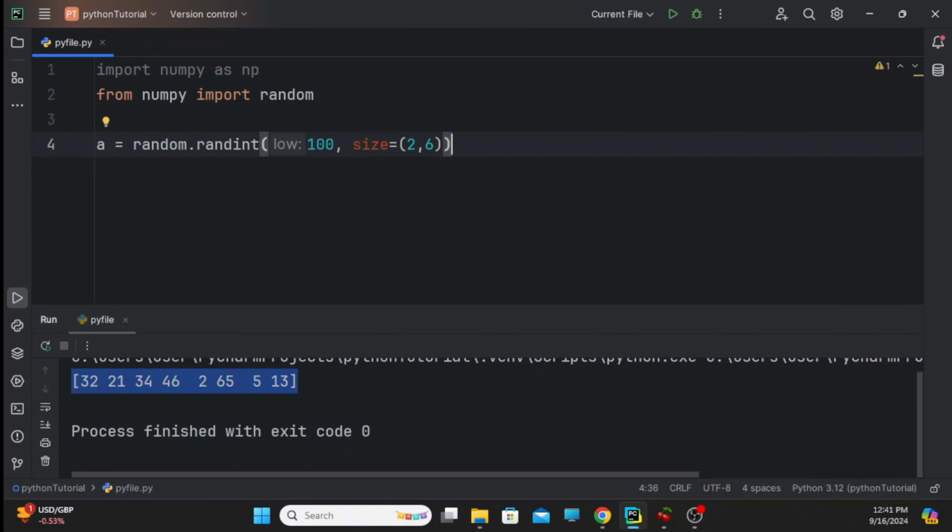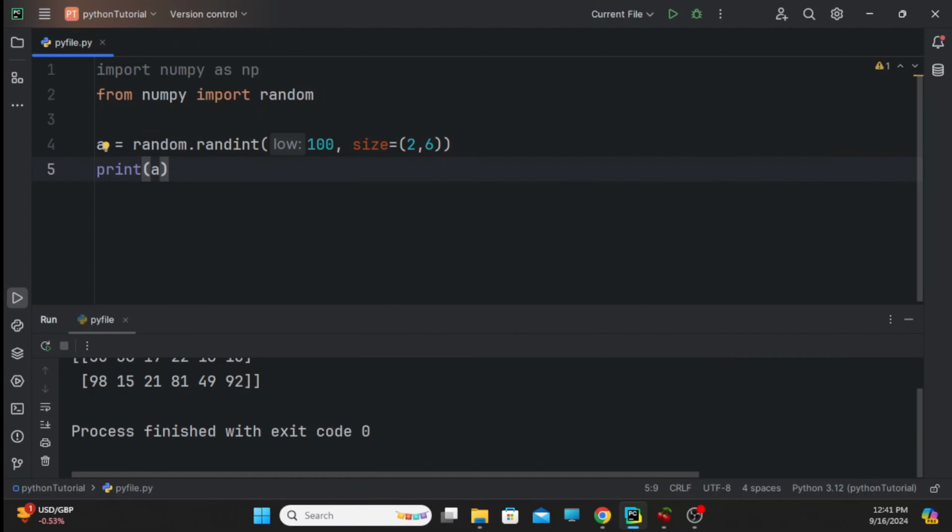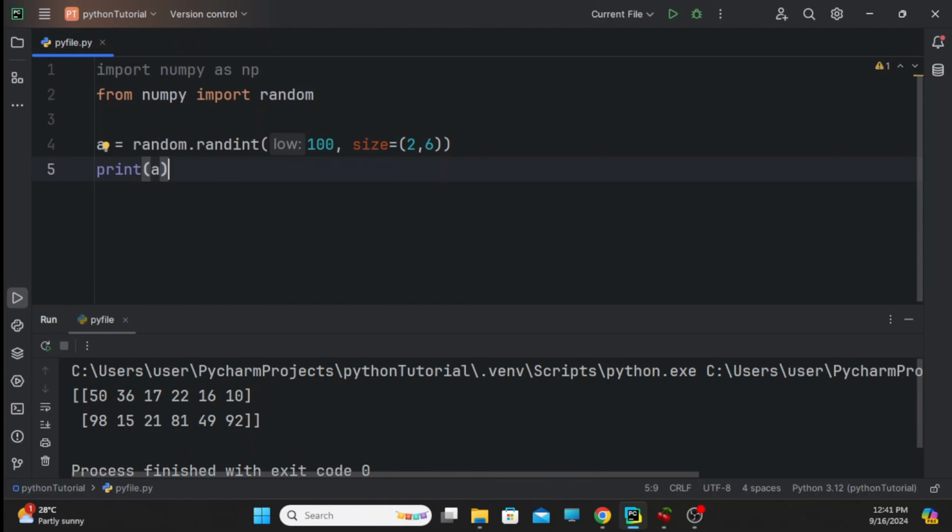Random values are distributed from 0 to 100. So let's print A. 98, 15, all random values, okay, so 2 rows, as you see, and 6